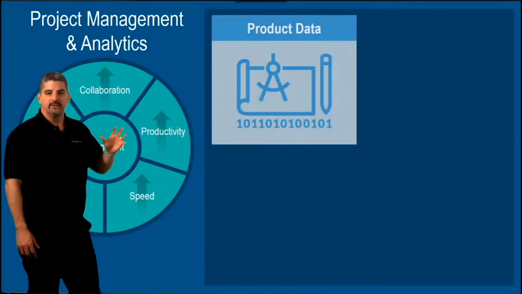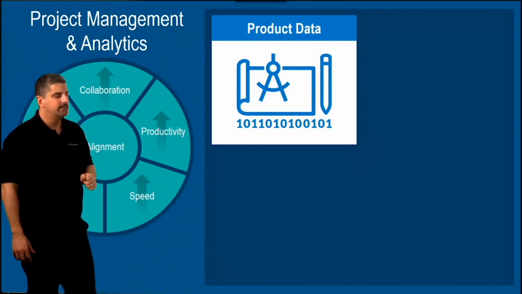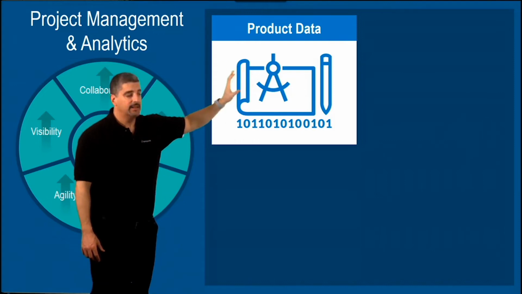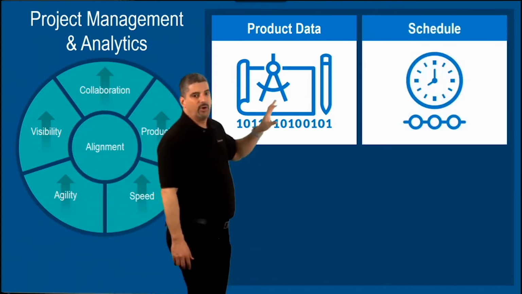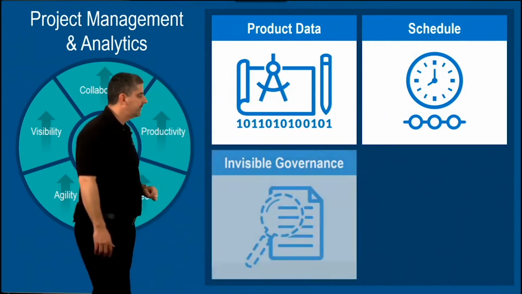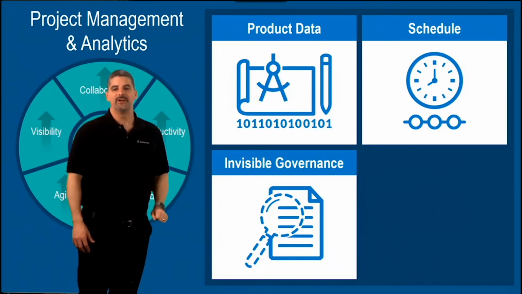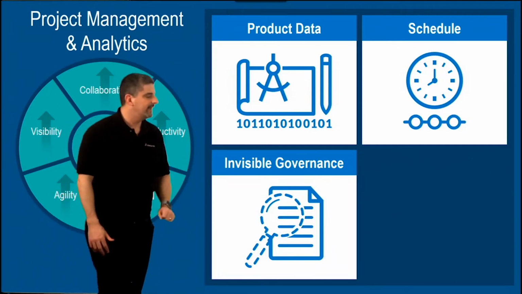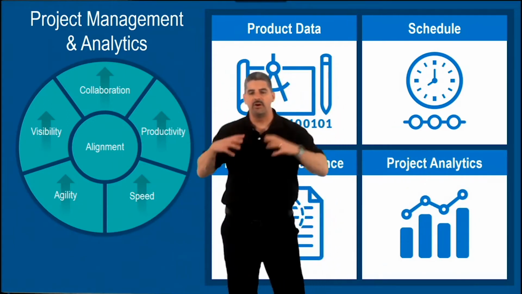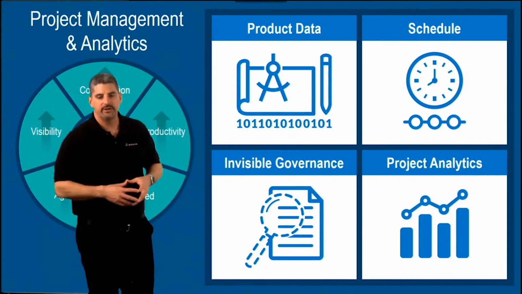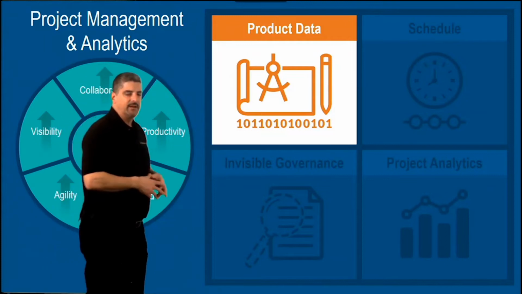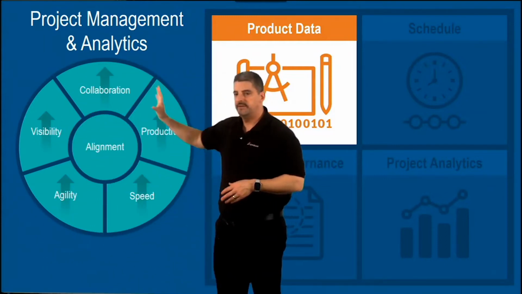And when we apply this to project management and project analytics, I want to talk about how we deal with this product data and how we connect it in. Walk you then through all the scheduling pieces that are necessary to get people aligned, make it visible. And then we bring in the invisible governance, which kind of happens behind the scenes. I'll show you what that is, what you're able to achieve. And then explain how project analytics attaches to all of this to really provide a superior set of information and decision making around that. So let's start with product data,